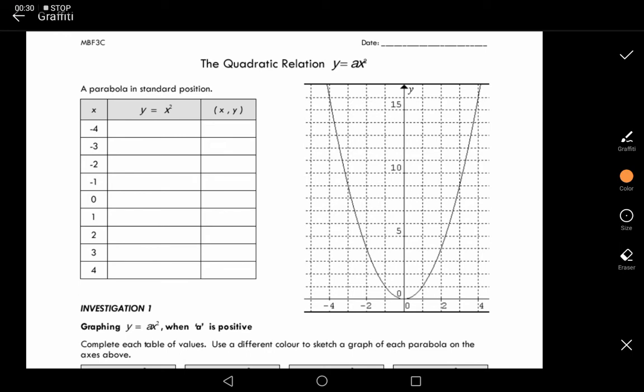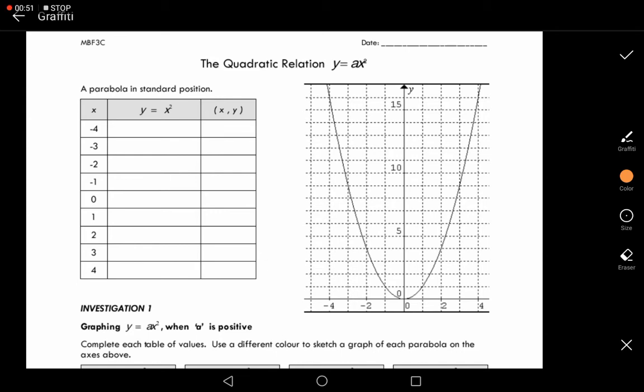Okay, so that is a parabola in standard position, or like I said, our base graph. Essentially, it's our starting point. It's the graph that we are going to be applying transformations to. But the first thing we need to know is actually how to graph this base graph, or the parabola in